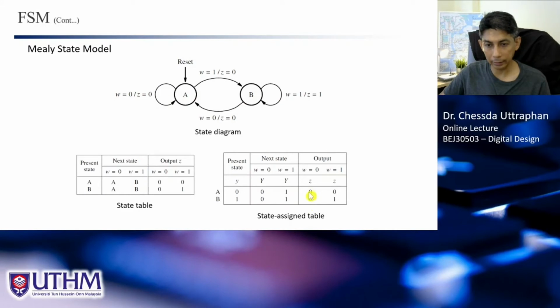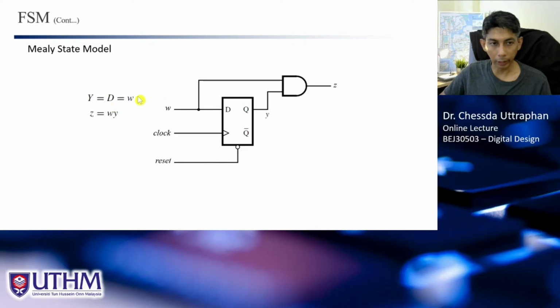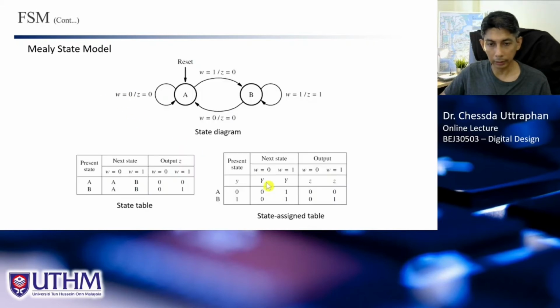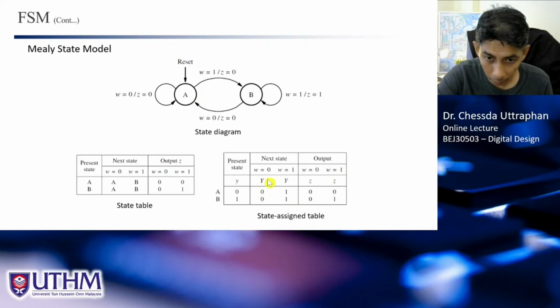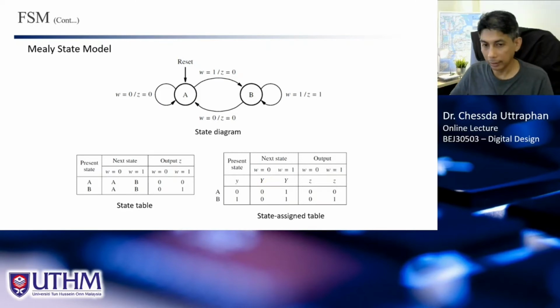Z, to get this Y. So Y should be equal to W, right? So that's why Y equals W here. Remember how to generate this. How to generate the circuit from this state assigned table. We need to go back to this,